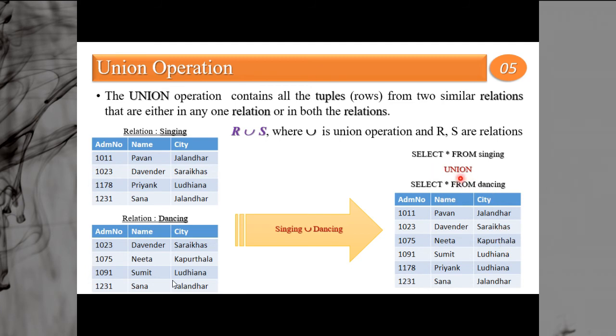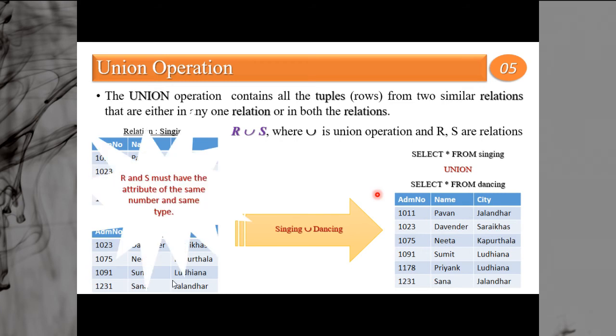When you are using union, please remember that you can use the order by clause only at the end of all the statements. I cannot use order by with each select statement separately. If I have multiple select statements in a single command, then order by will be used at the end only. Order by is a clause which is always evaluated at the end. We discussed this already in our previous video.